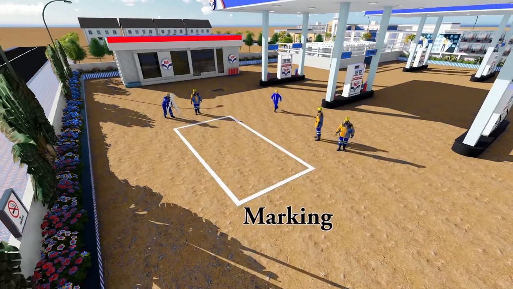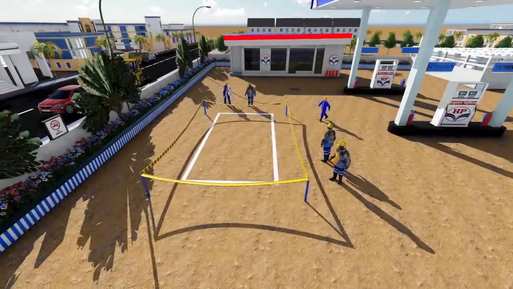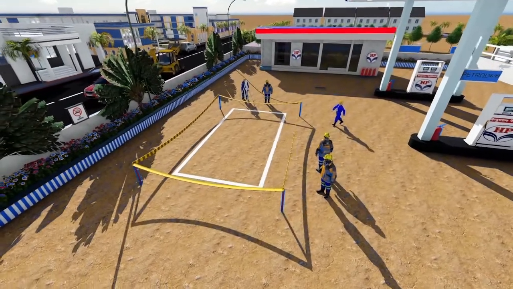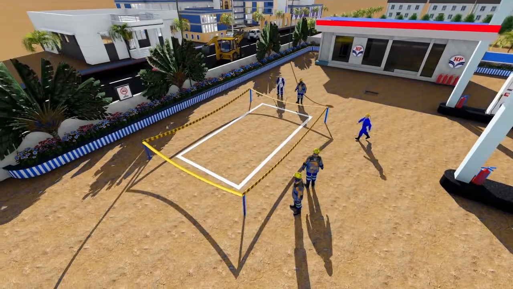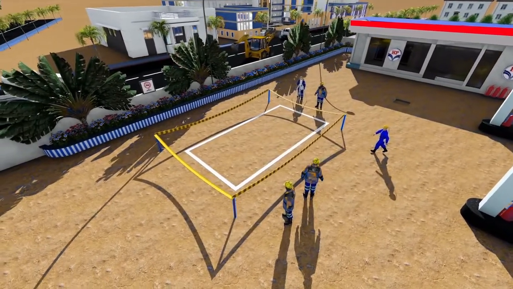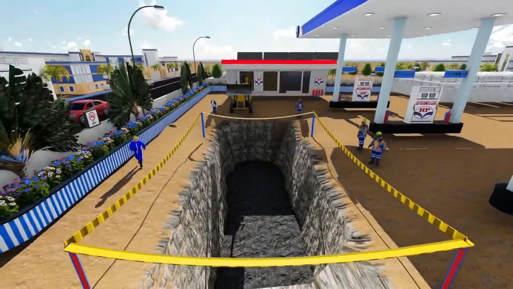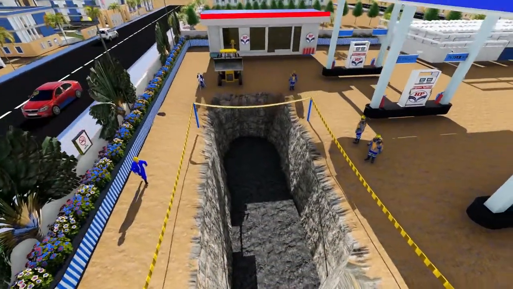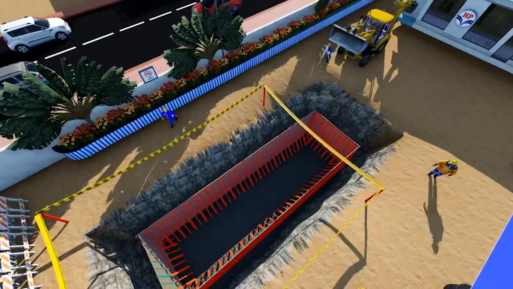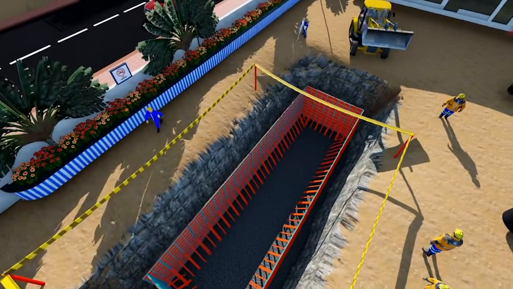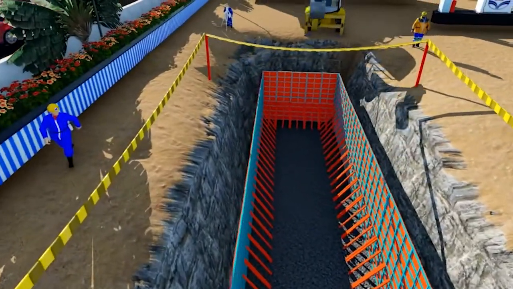Thereafter, layout of the place to be marked where the tank installation has to be done. Caution: before making the pit, we should put a safety barrier around the site. All the workers must wear PPE for safety. Thereafter, we should dig a rectangular pit to the appropriate length, width and height as per the instruction given in the drawing. In case of loose soil, shuttering all around the pit to be done.